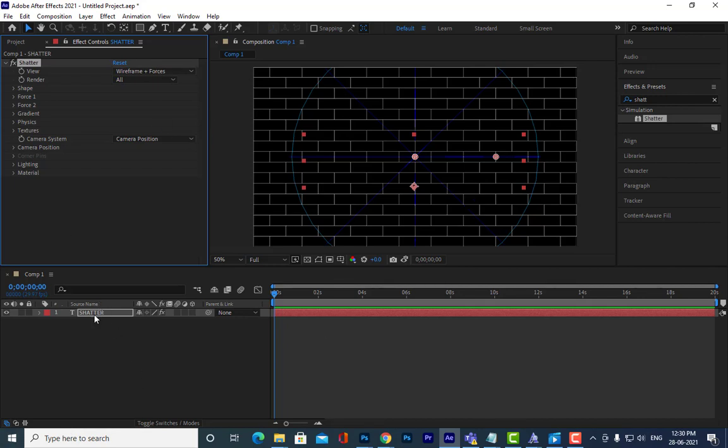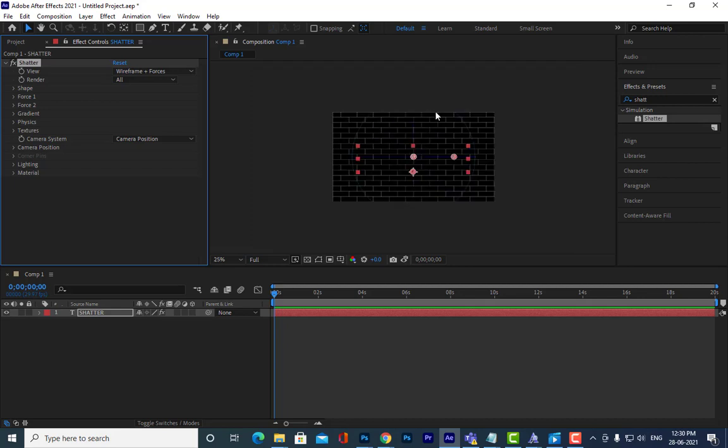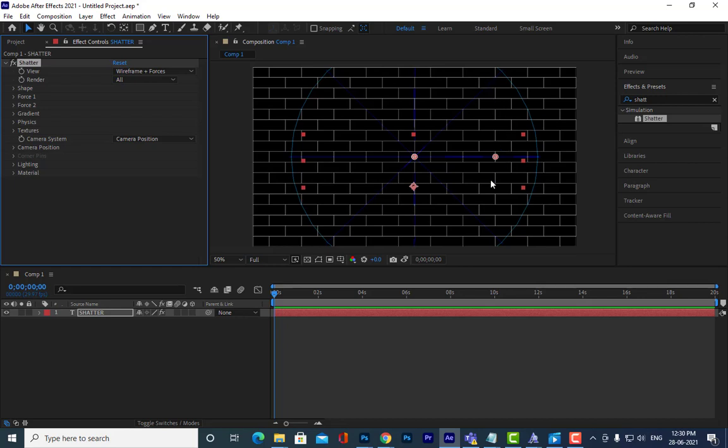By default, when you first apply shatter, you will see here wireframe plus forces. This will tell us how the shatter icon is looking, and its position and appearance will be visible when you select the option wireframe and forces.